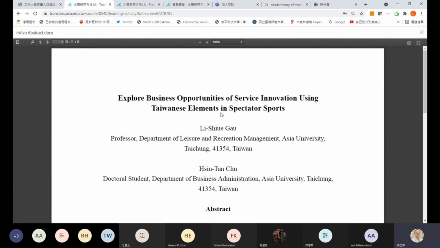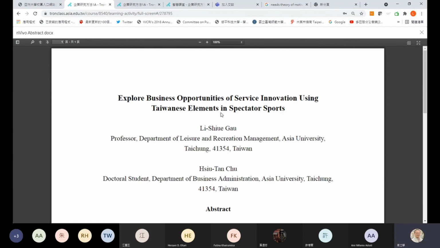For example, we want to see whether these elements are delicious or not, or a cultural value, a cultural perspective, or any other different perspective to check this